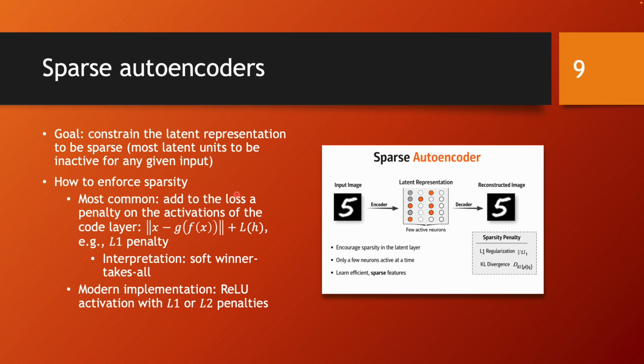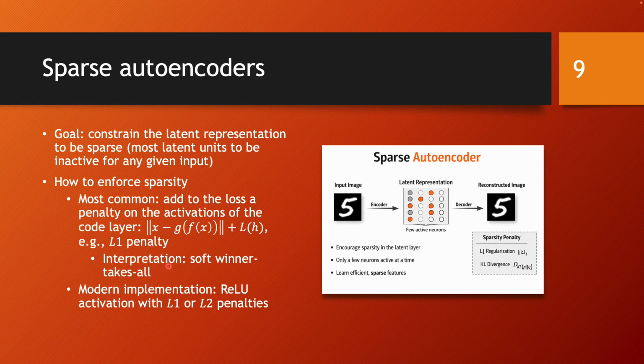function being the difference between the output of the encoder plus decoder with respect to the input. So you are adding to the loss function a penalty on the activations of the code layer. So you have this part, this is the loss in terms of your autoencoder being able to reproduce the input. You are adding this term, and this can be, for example, an L1 penalty on the layer that gives you the latent variables. And if you think about this in terms of what the L1 penalty is, and you realize it's a sum of the modulo of the activations, and you want to impose those to be as small as